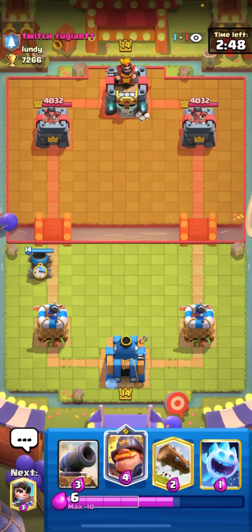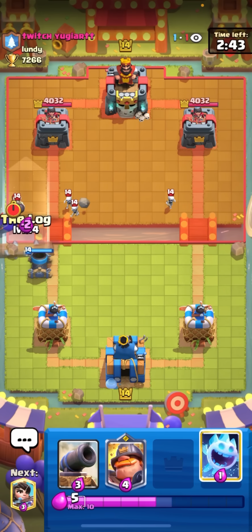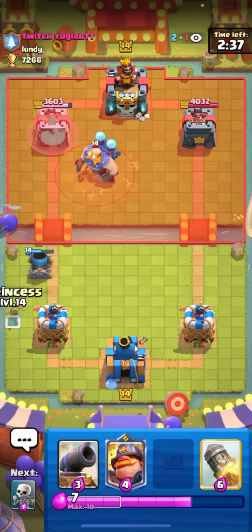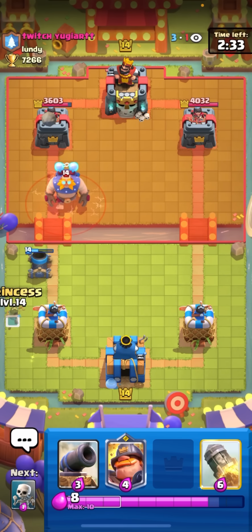Alright, I'm in the first game here against Yugi. I'm just going to start with the Mortar here. I know that this guy plays with E-Giant Mirror, so I need to be a little bit careful. Just going to log an Ice Spirit here to kill the Bomber. Okay, that's on the tower, so it's going to get... Oh, he messed up the E-Giant. Typical E-Giant player moments, so I'm going to get some good damage with the Mortar, then I'm just going to